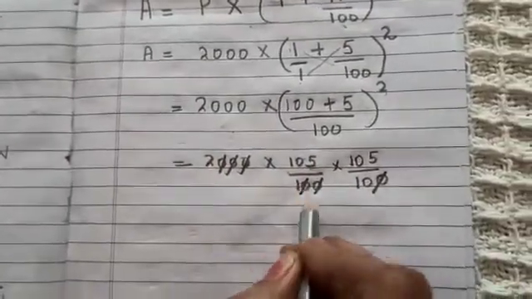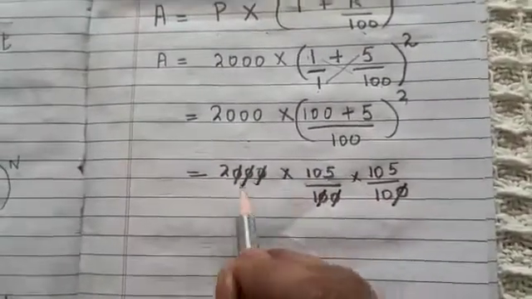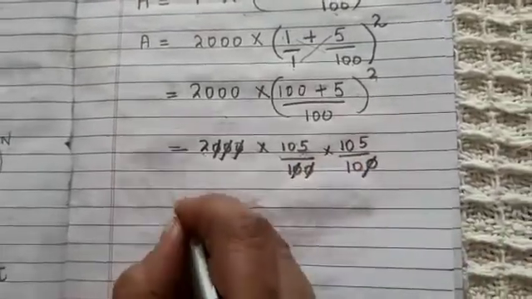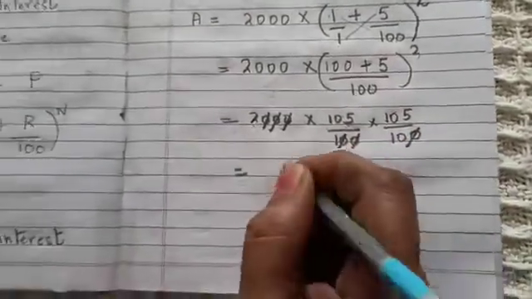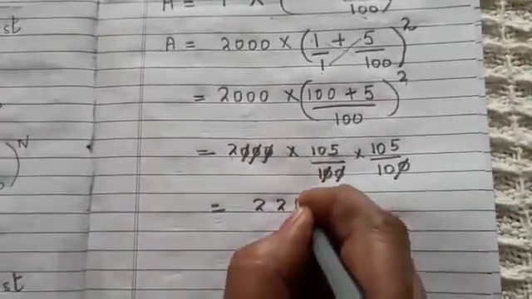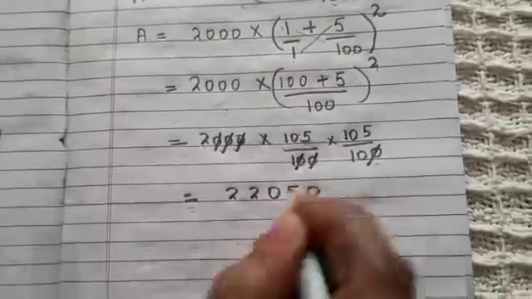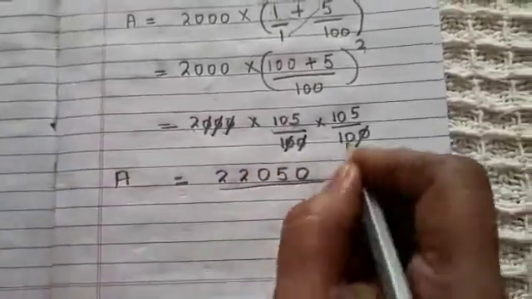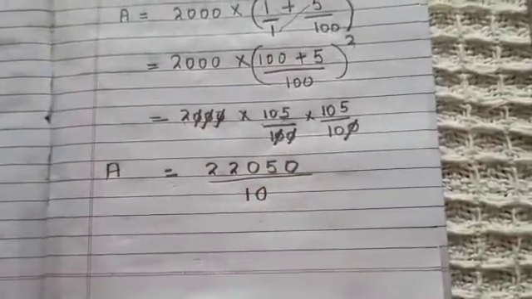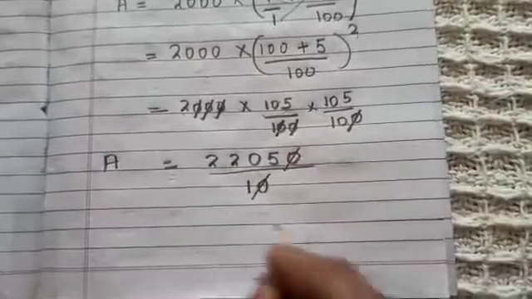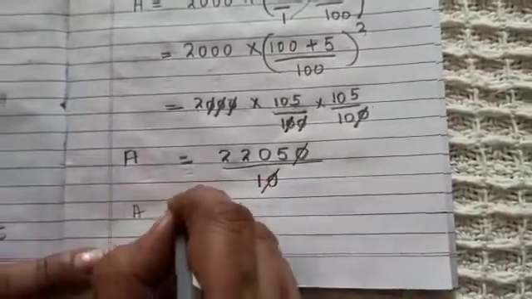Now when we multiply these numbers, that is 2 multiplied by 105 into 105, we get it equal to 22050. That's the amount upon 10. So when you cancel this 0 and this 0, you get the amount equal to